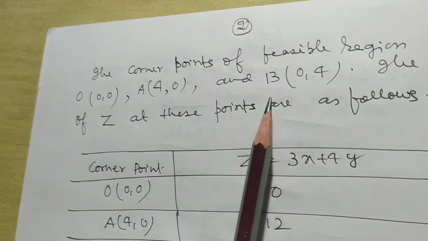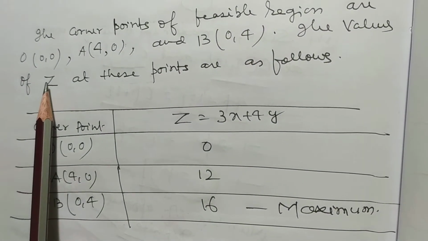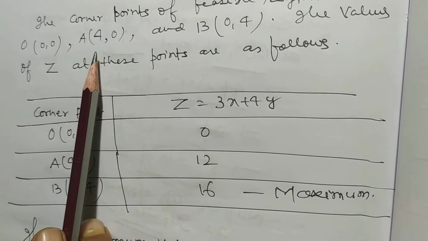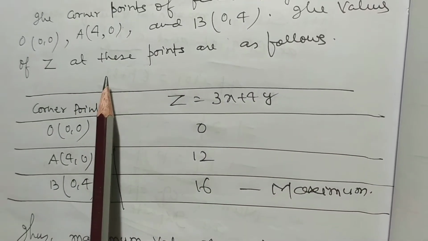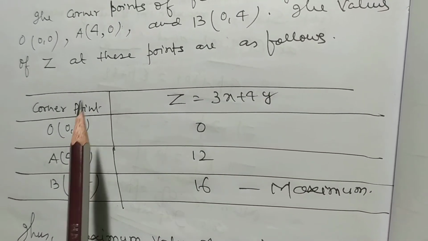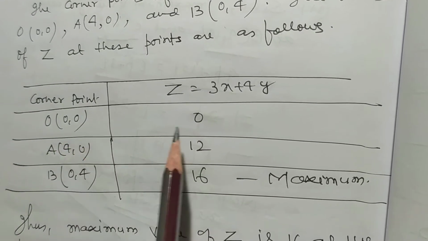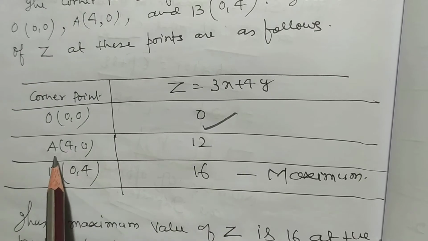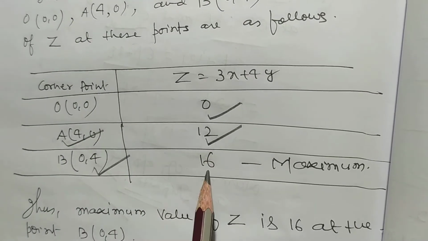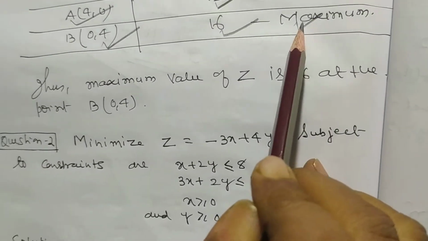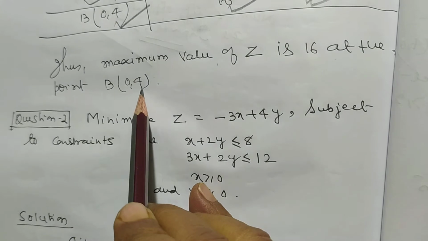The corner points of the feasible region are O (0, 0), A (4, 0) and B (0, 4). The values of Z at these points are as follows. At corner point (0, 0), value is 0. At A, value is 12 and at B, value is 16. So this is the maximum value. Thus the maximum value of Z is 16 at the point